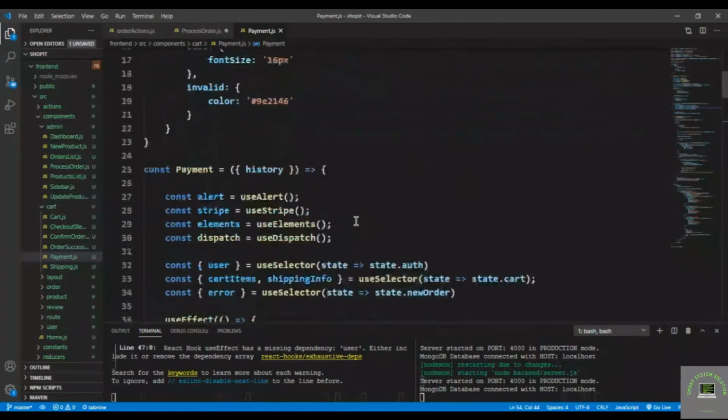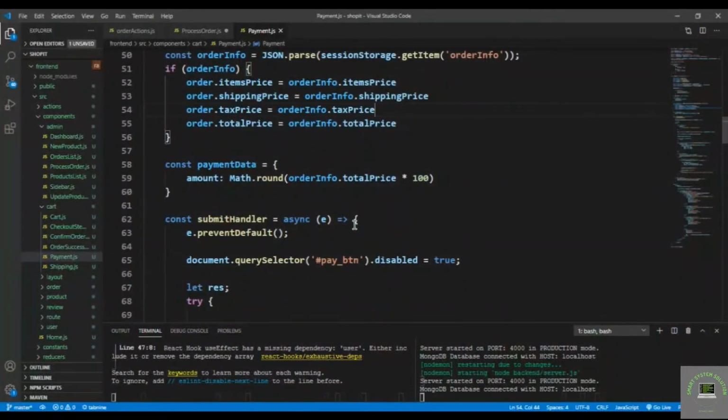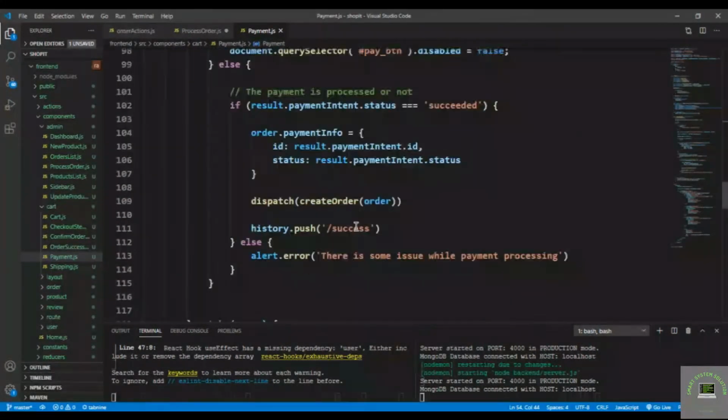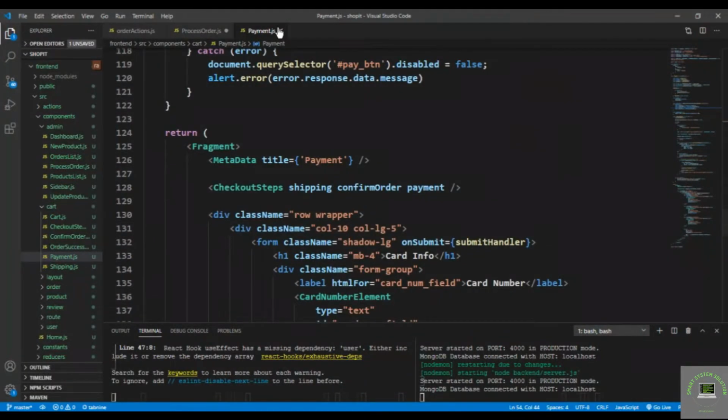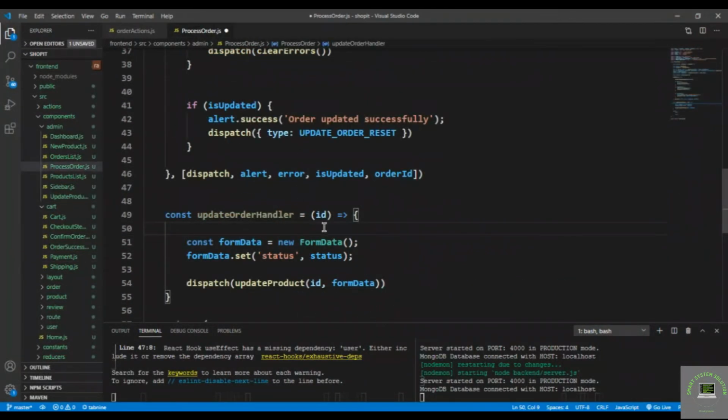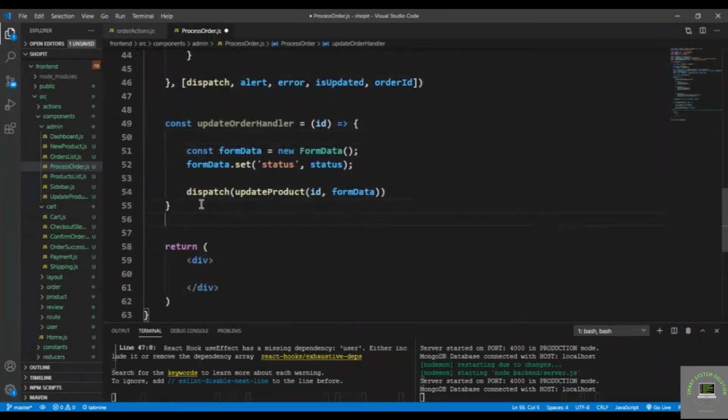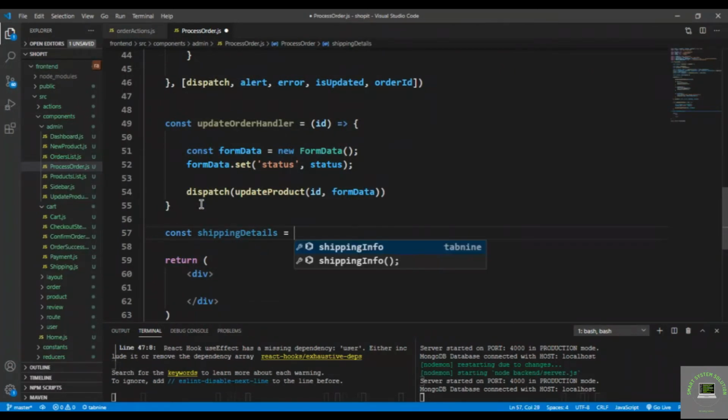So I will let's actually type that. So const shipping details equals to, first of all, shipping info exist, then